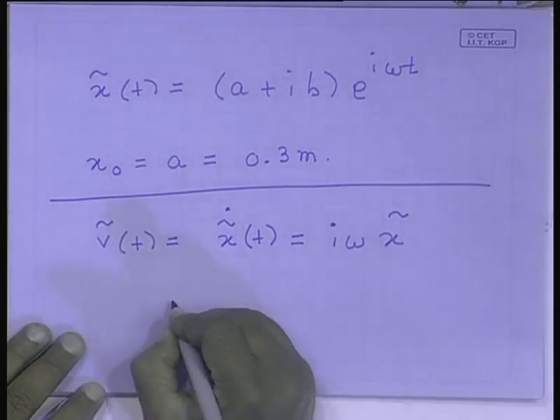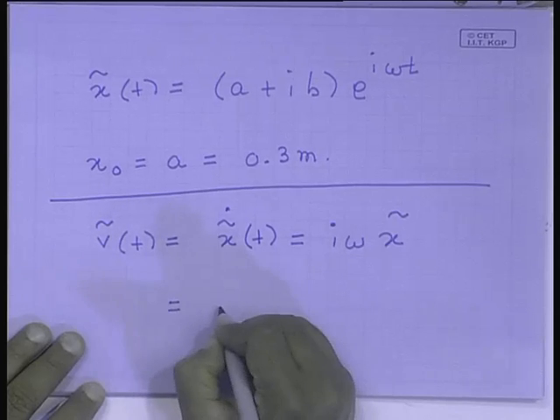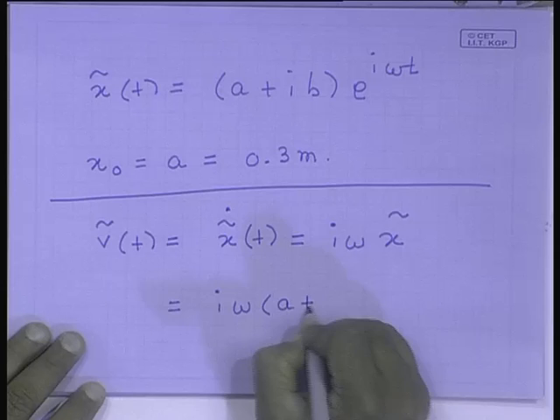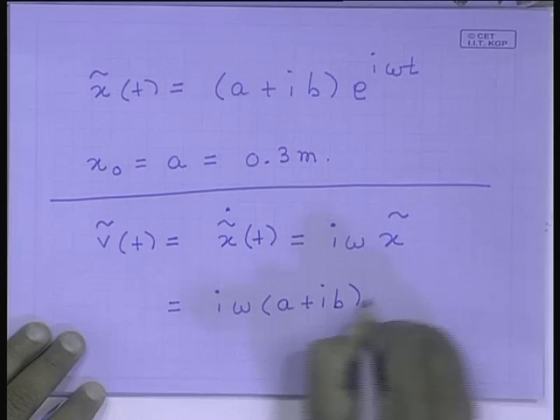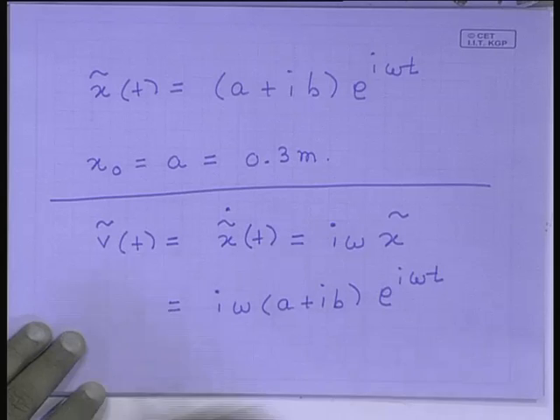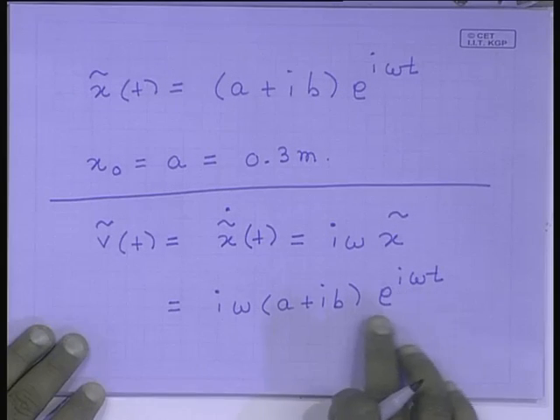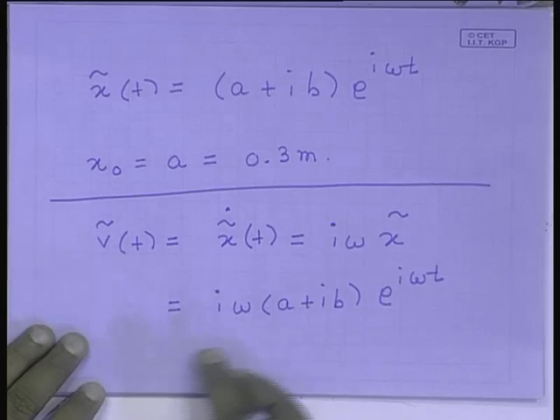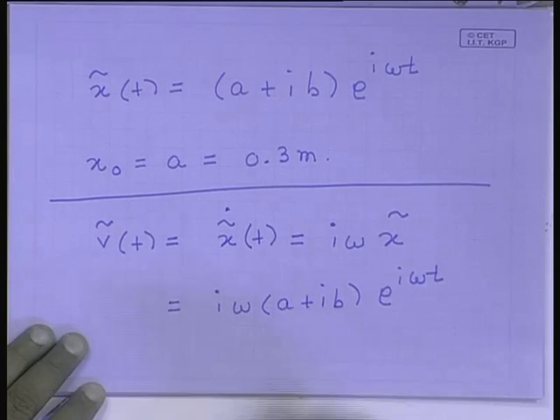So, the velocity is i omega (a plus ib) e to the power i omega t, and at t equal to 0, e to the power i omega t is 1. So, the velocity is i omega (a plus ib)